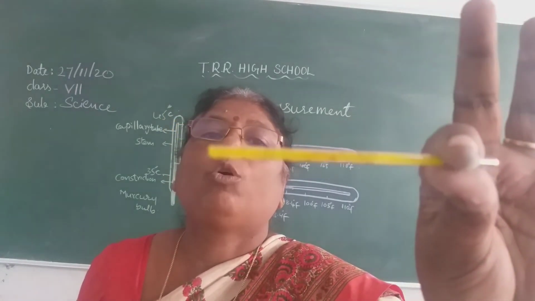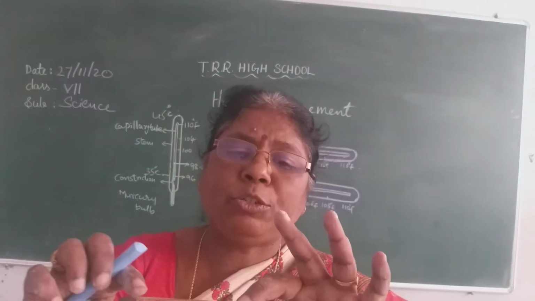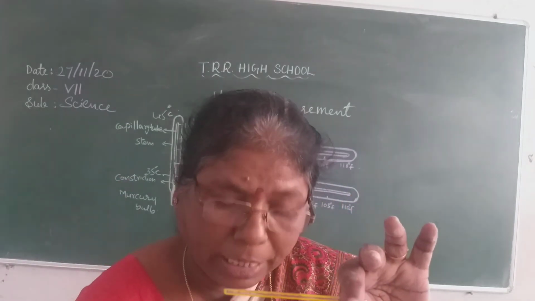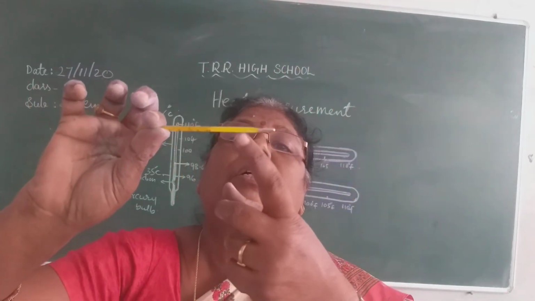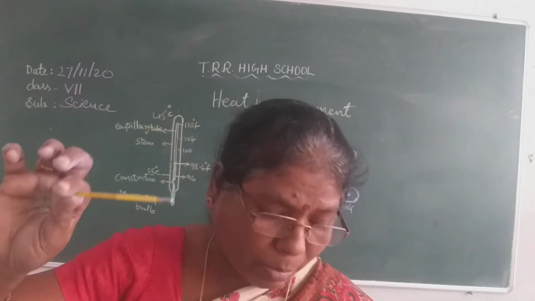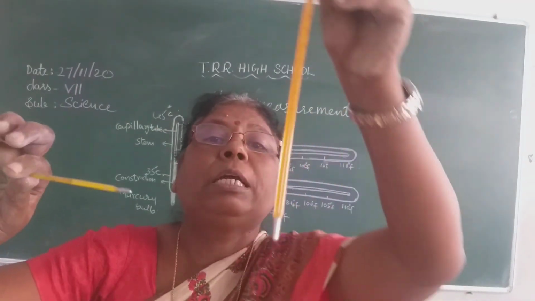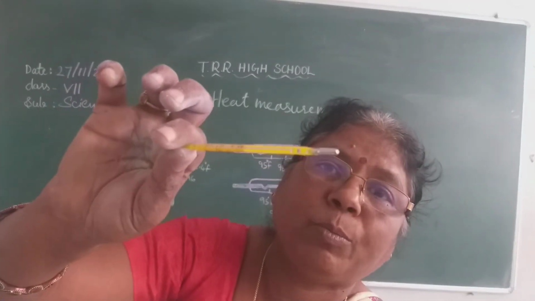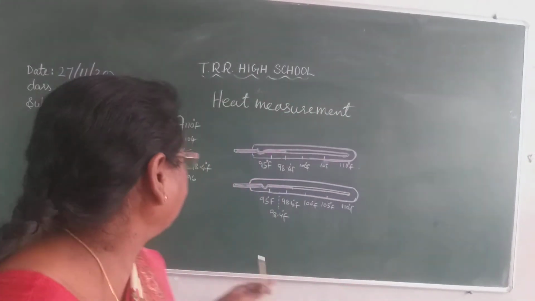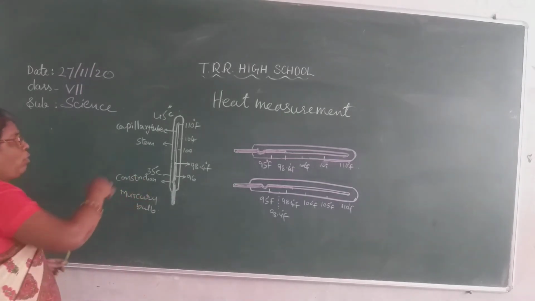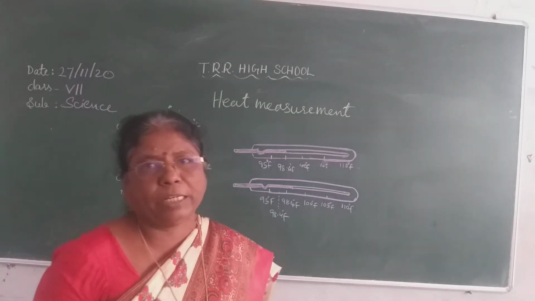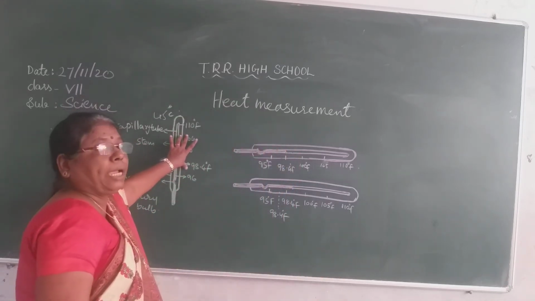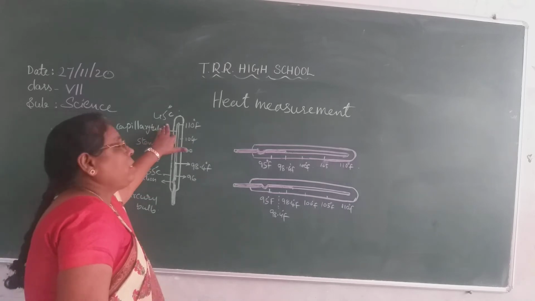Okay? And now here you are seeing the curved part in this thermometer, but you do not see the curved part in the laboratory thermometer. In this you are seeing the curved line. This is called the constriction. What is the use of the constriction, I will also explain to you. Next, these are the readings of the Fahrenheit scale, and here is the reading of the Celsius scale.